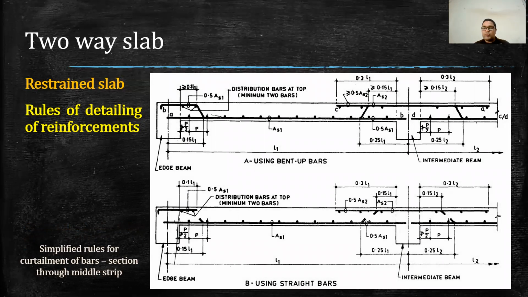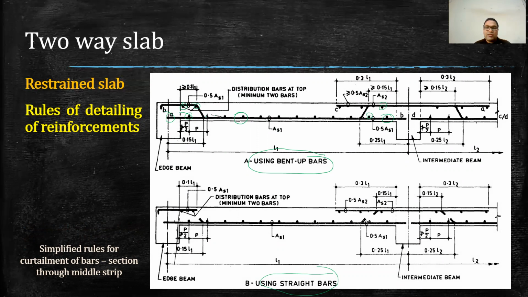We provide reinforcement in two forms, whether as a bent up bar, or we provide it as a straight bar. Generally, practically, we provide bent up bars. So now you can see these reinforcements, these are the main reinforcement, and on the edges, these are the distribution reinforcement, and all the distances you can see in the middle strip we have provided this reinforcement at the